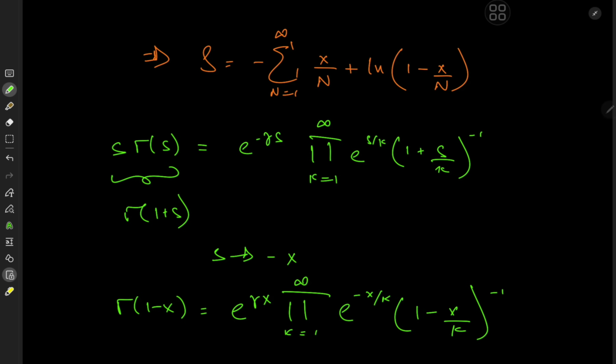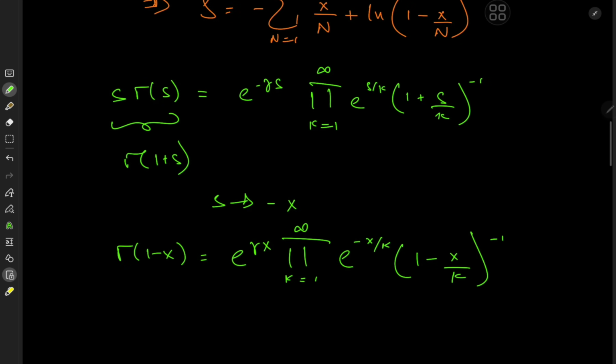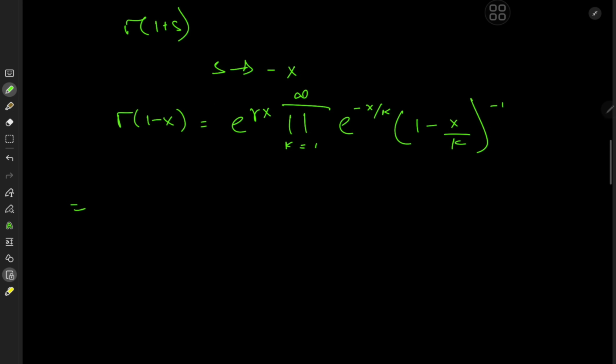And that looks pretty familiar, doesn't it? The only downside is that I don't have logarithms, and I don't have a sum. But wait, I have a product, and that's just as good, because using logarithms, we have log gamma of 1 minus